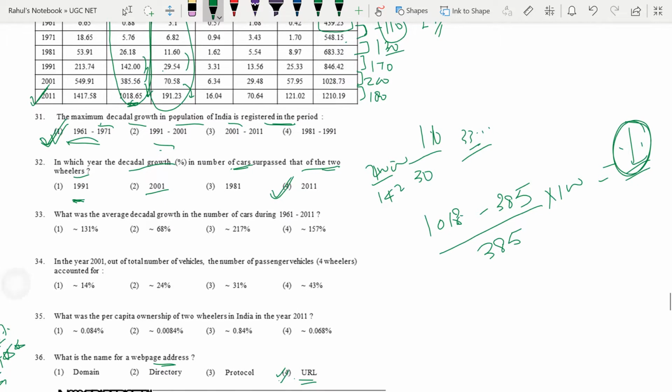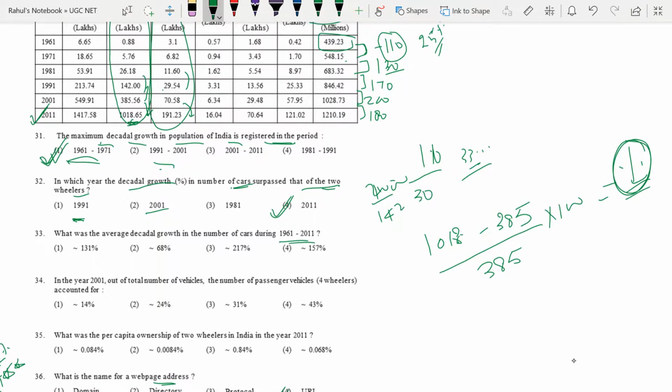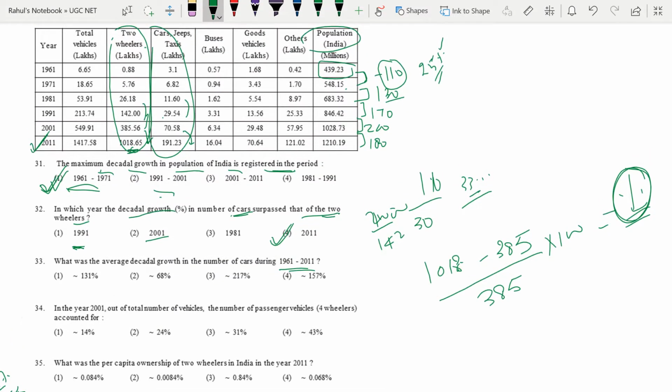So option 4 is the right answer. Let us solve question number 33. What was the average decadal growth in the number of cars during 1961 to 2011? 1961 cars are 3.1 million, 3.1 lakh in 1961. In 2011 it is around 191.23. Subtract it,